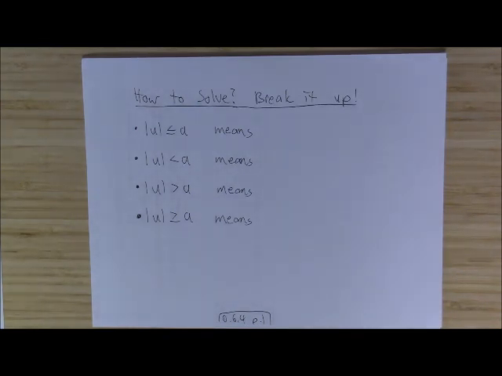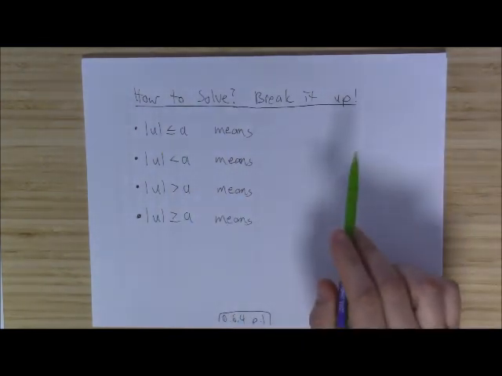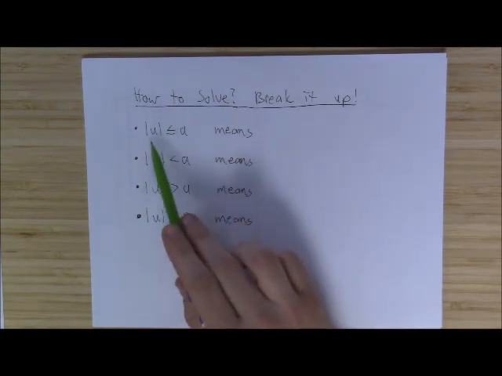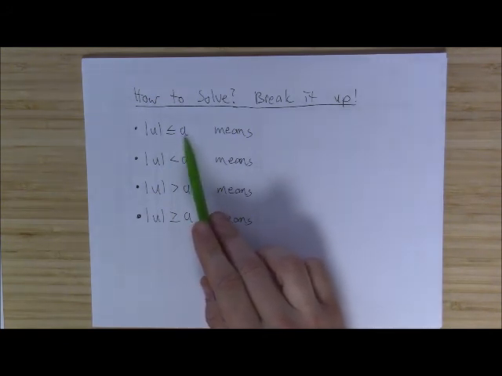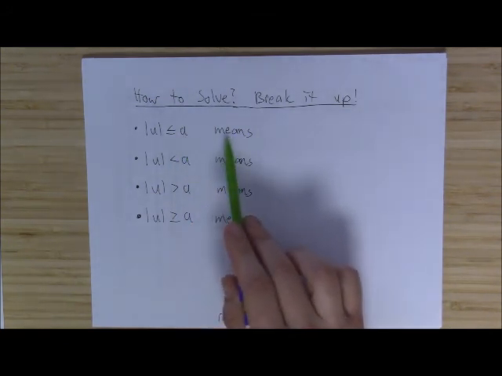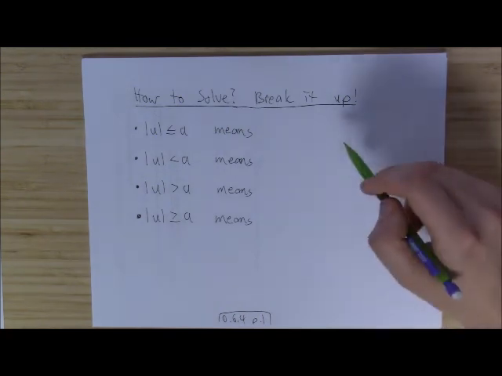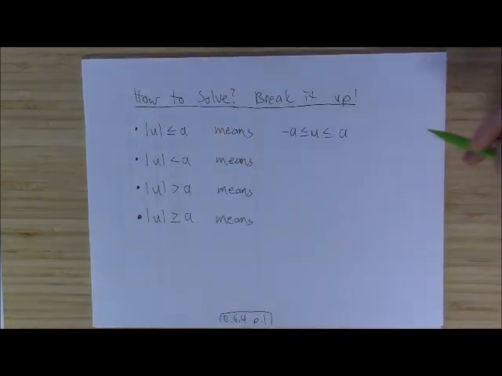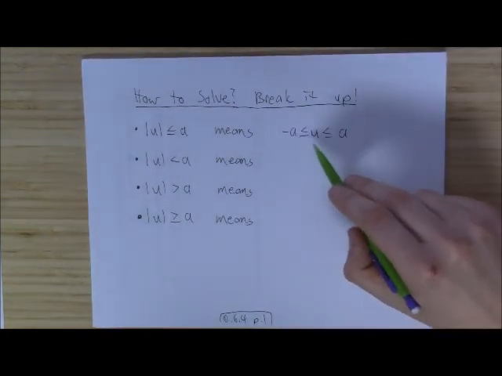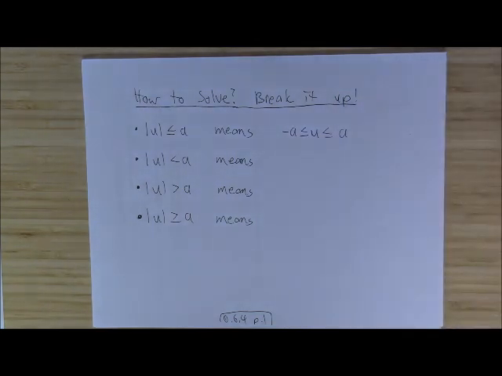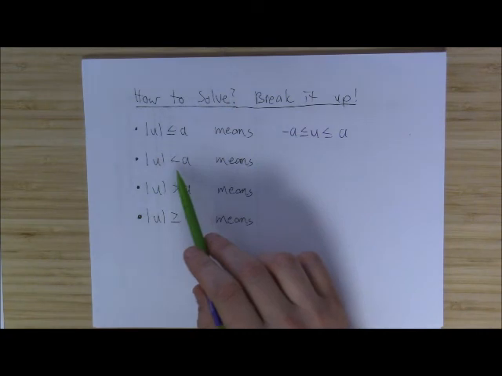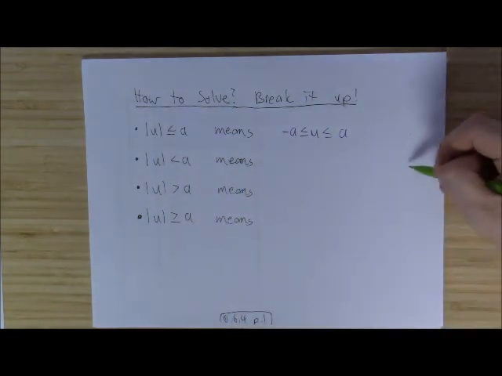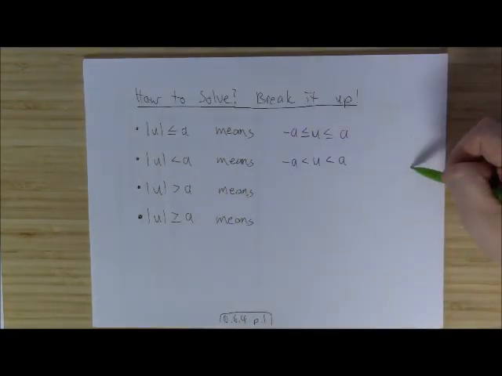Namely, here, in doing so, we understand that the absolute value of u being less than or equal to a number, and here a needs to be a positive number for this to make any sense, or it could be 0, means that u must be between negative a and positive a. In a similar way, absolute value of u strictly less than a means u must be strictly between negative a